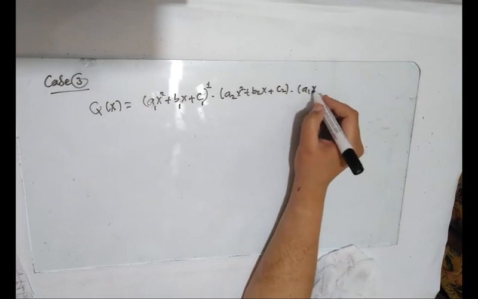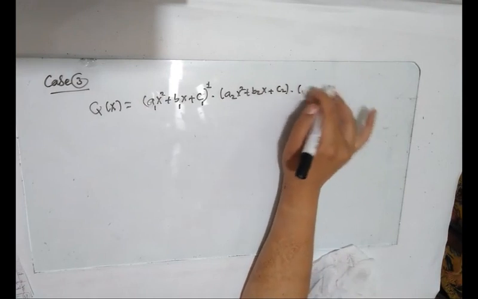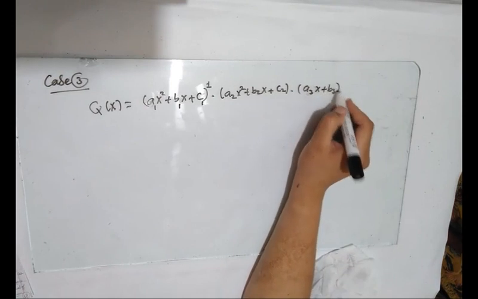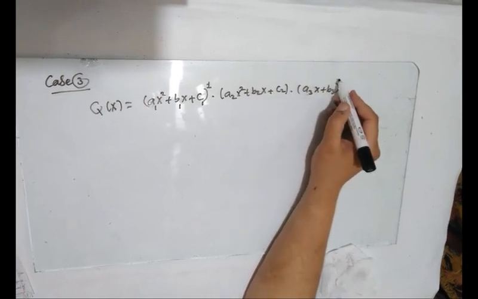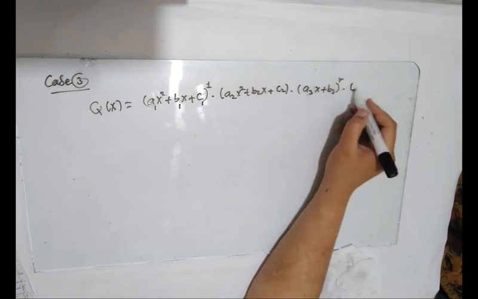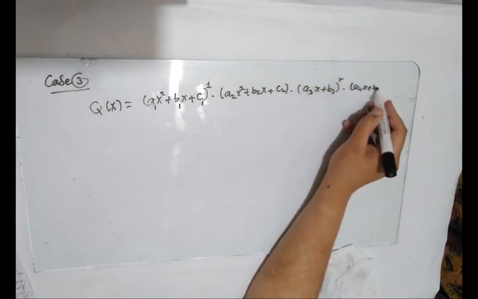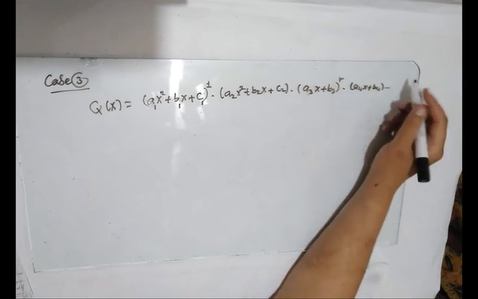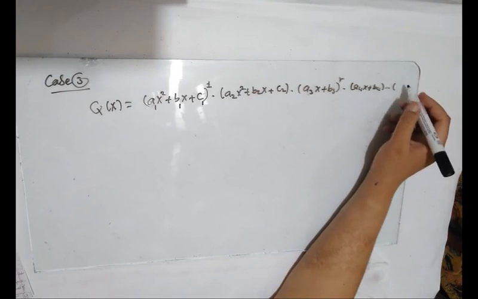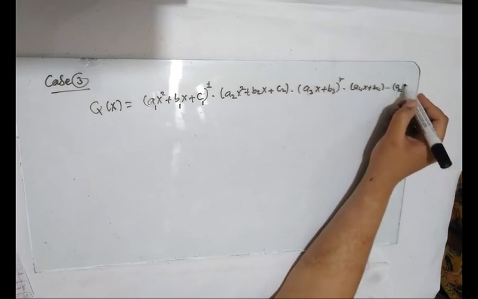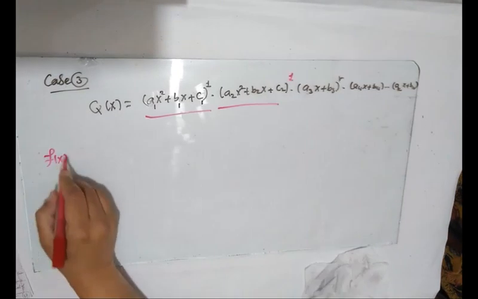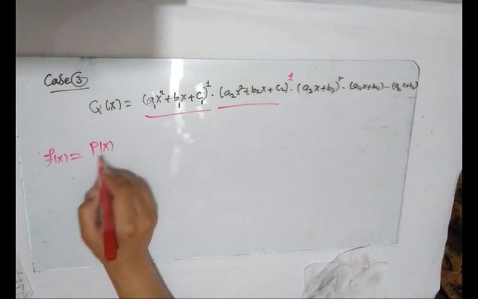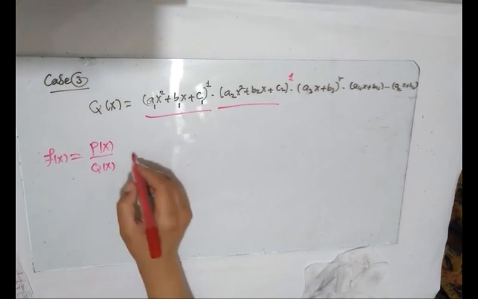So let's write it in the most general form. We will have a3x plus b3, maybe let's call it to the power r, times a4x plus b4, up to akx plus bk. The partial fraction decomposition of p of x over q of x will be,